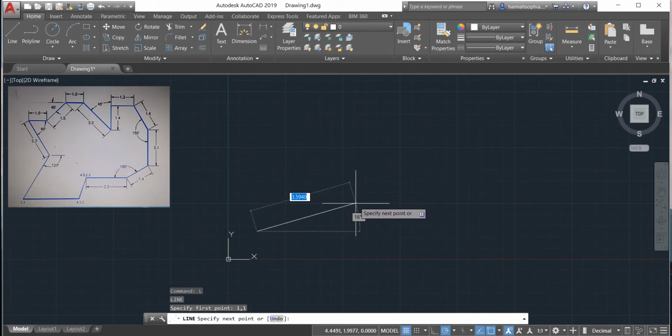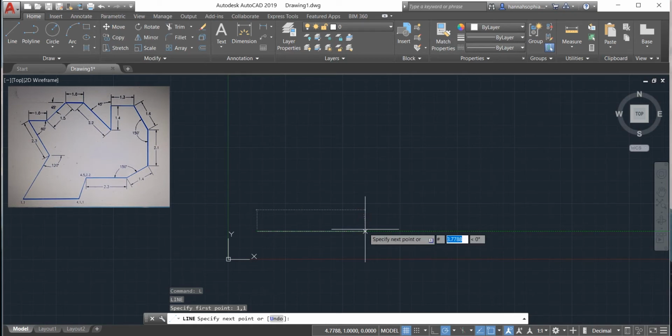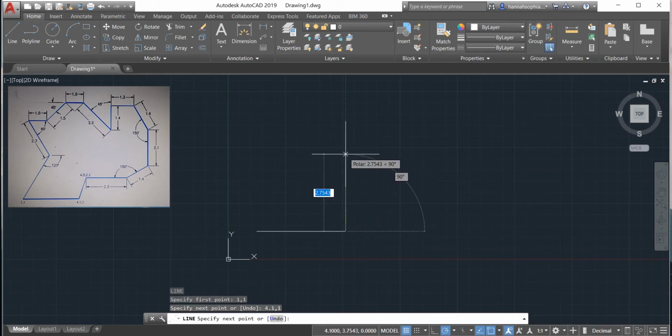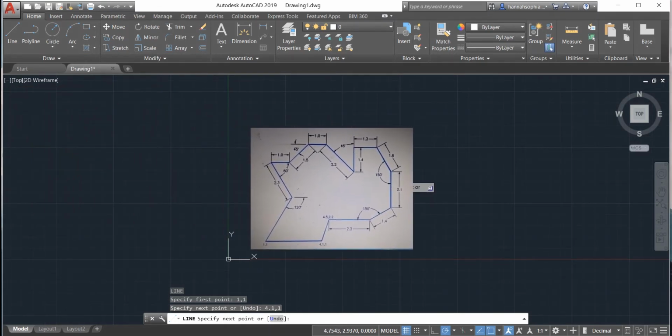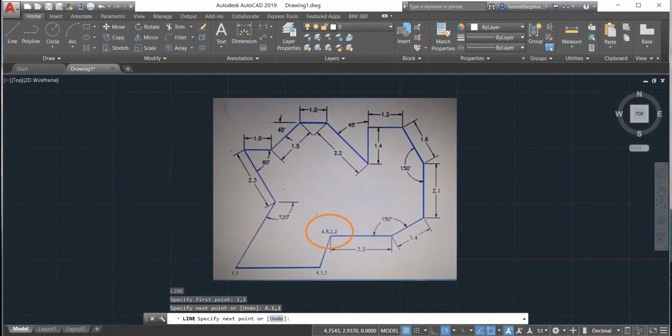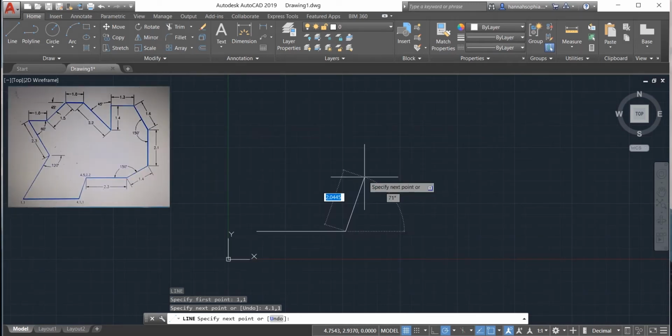So in order to put those 2 points instead of a point and an angle, we're just going to type a hashtag. Type the first point, 4.1, comma, 1, and enter. Now a line is already formed. Next is to plot the third one, which is 4.5 and 2.2. We are just going to use the same command or method as we did before. Type hashtag 4.5,